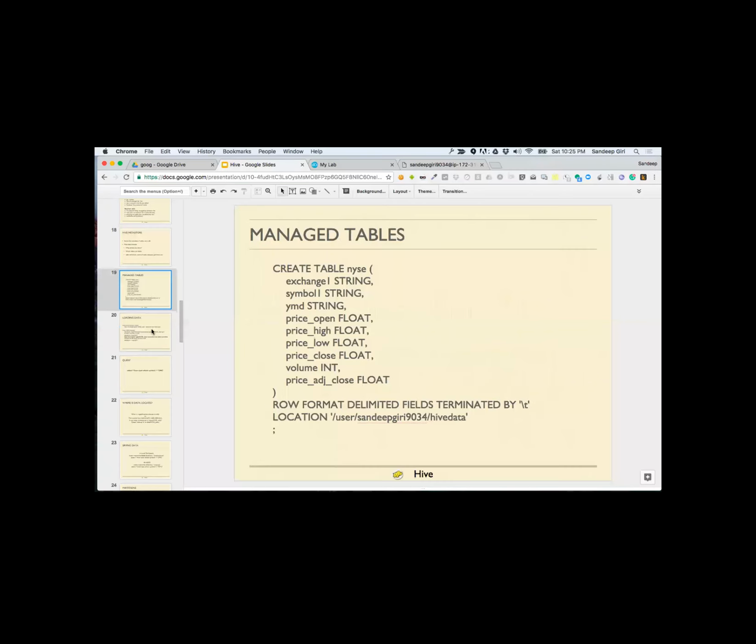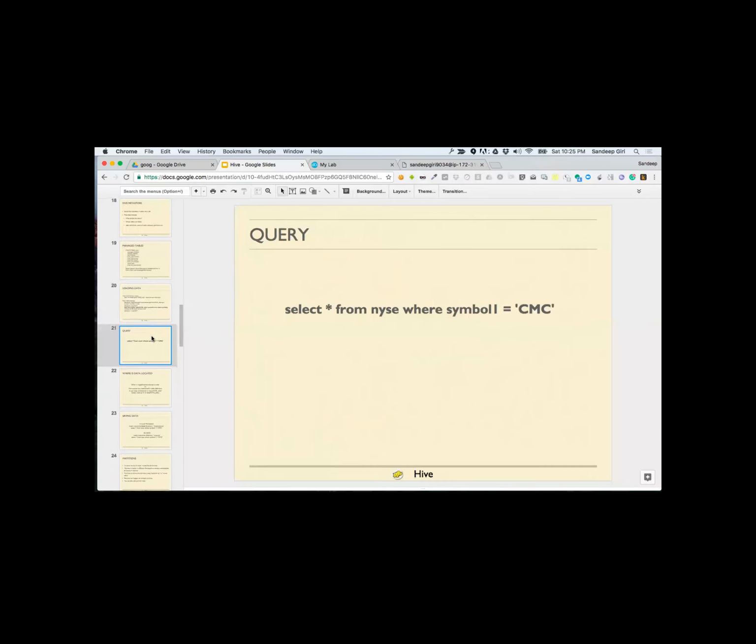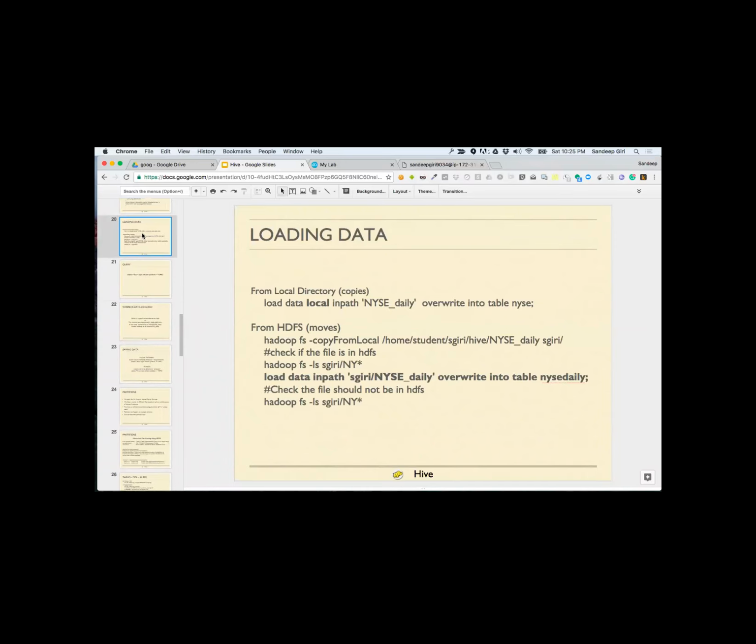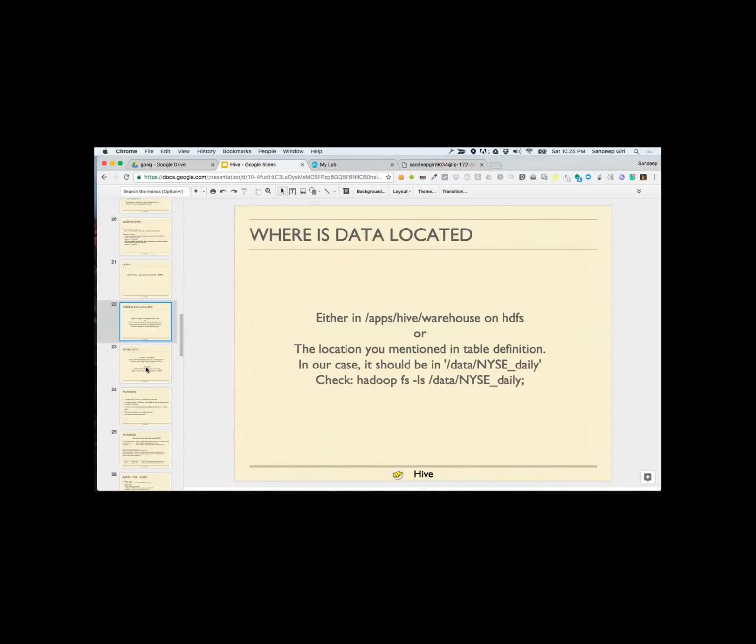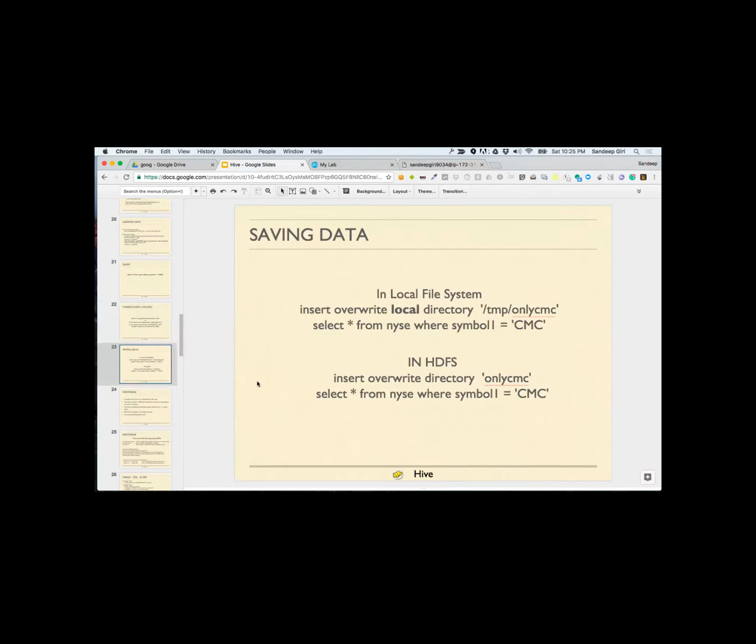All right. So this is one thing we have already talked about this part. So it's either located in this place, the data, or it's located in the location that you mentioned. All right. Now,